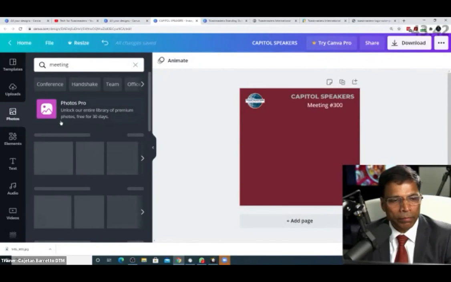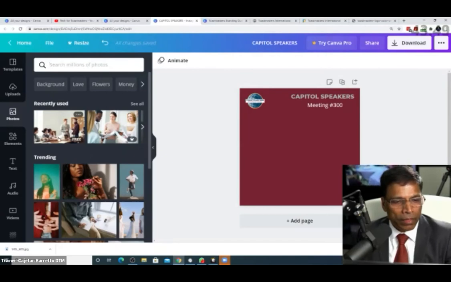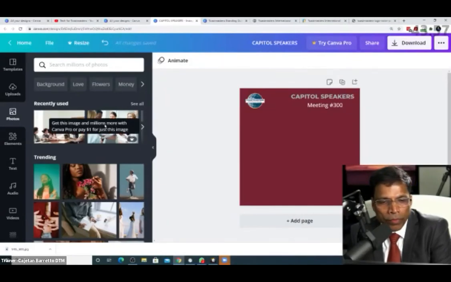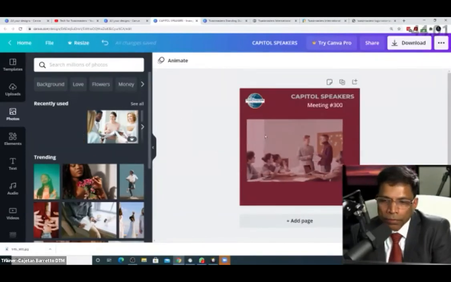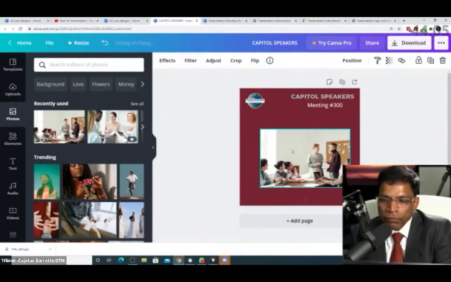It's taking some time. And what you will notice is that when the photos appear, you will see an option here, whether it's free or whether it's pro. If it is pro, I can't use it in a free account, but if it is free, I can use it. And you don't have to pay any royalty. It is free to use.